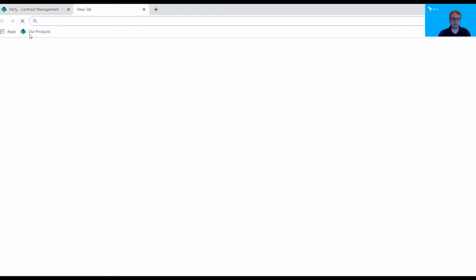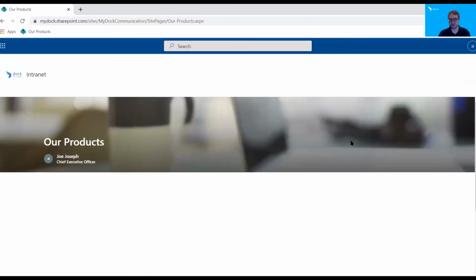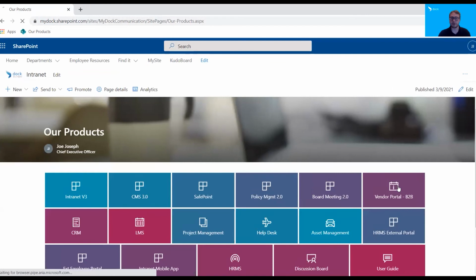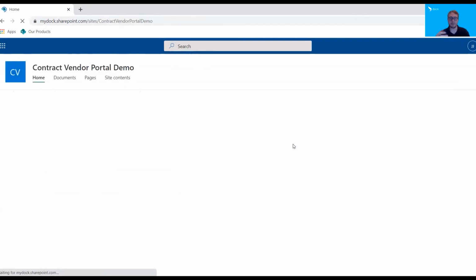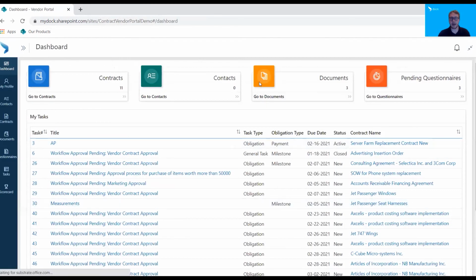So jumping over to the actual vendor portal, it looks much the same. However, this is an external site built out for the actual vendors. So what you do is you would give them the login information, and then they would be able to come into here and fill out their information. Everything the vendor would see here only pertains to them. So it's a walled garden where they can only see their side of things,